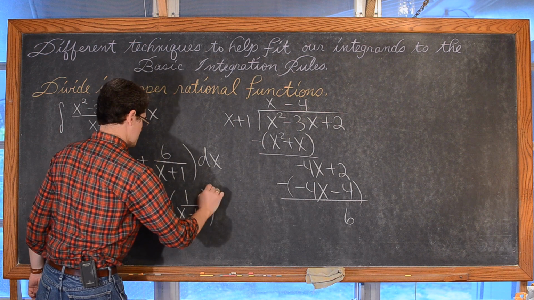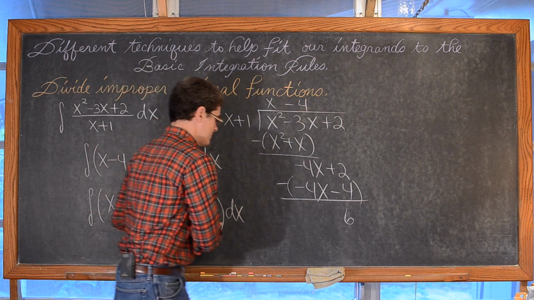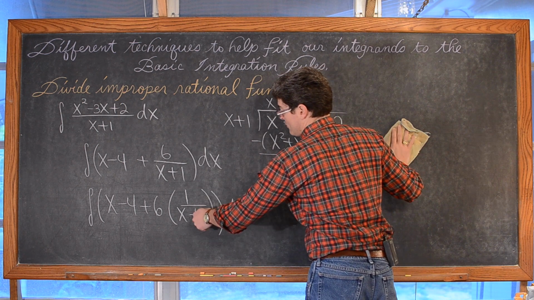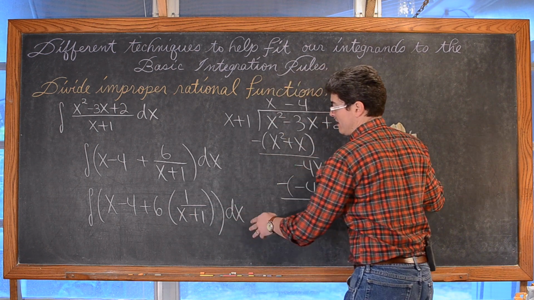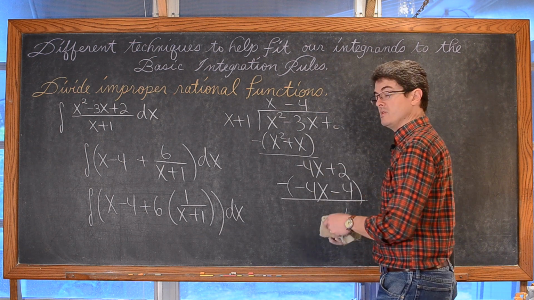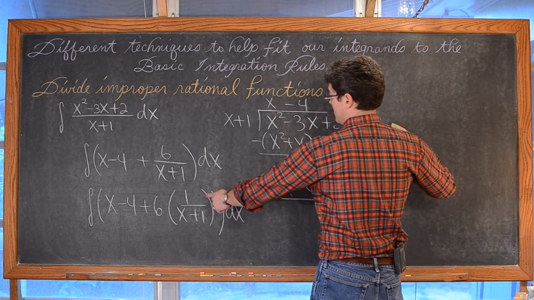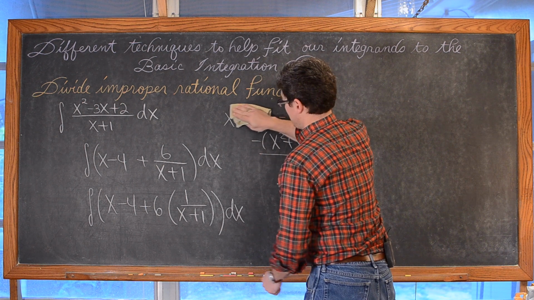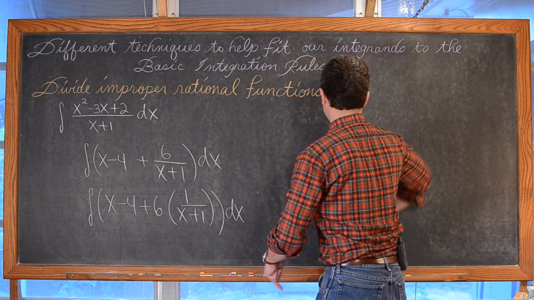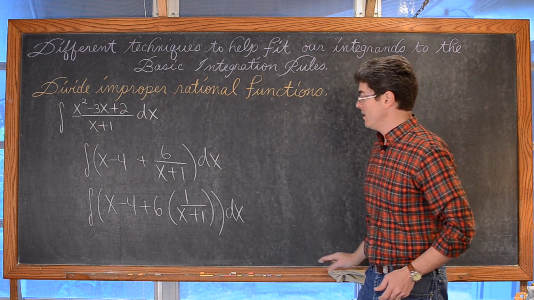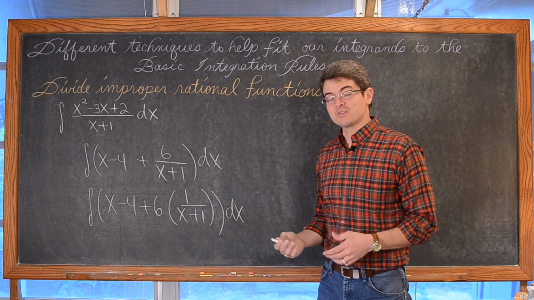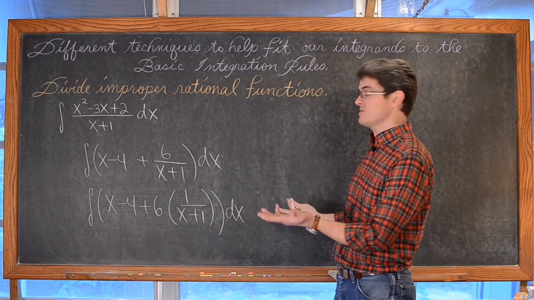And hope you're not getting tired of using this integration rule, but we again have 1 over x plus 1. Well, the derivative of x plus 1 is equal to 1. So we have, once again, the integration pattern where we have a u prime over u. So this is going to be the natural log of the absolute value of x plus 1 when we write our answer, which is the last step, which is to actually integrate, because this is ready to go.